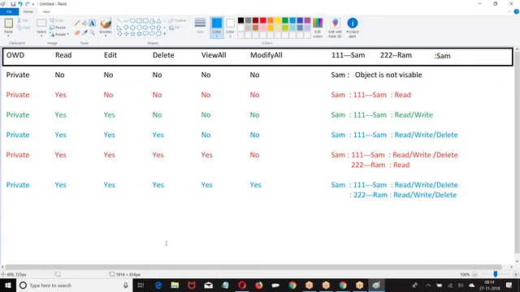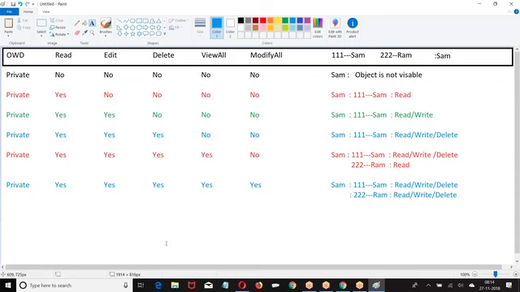So whatever the common permissions are at object level and record level, only those permissions we are going to get. So at object I have read and write, on the record I have only read. What permission are you going to get? Only read on that record. At object level I have only read, at the record level I have read and write. What permission am I going to get? Only read. At object level I should have permission, at record level I should have permission, then only I will get the permission on the record.